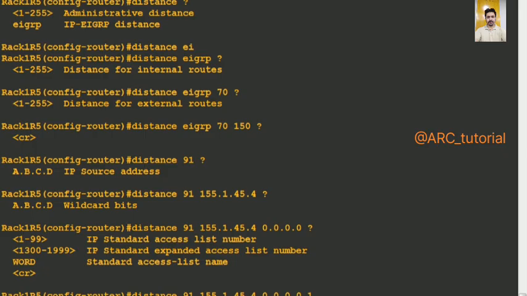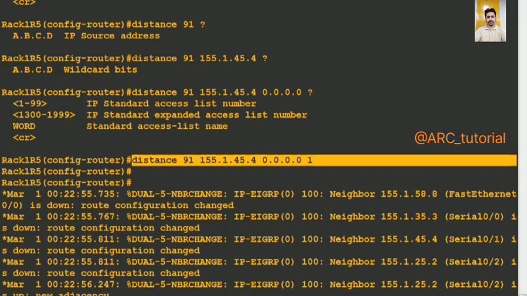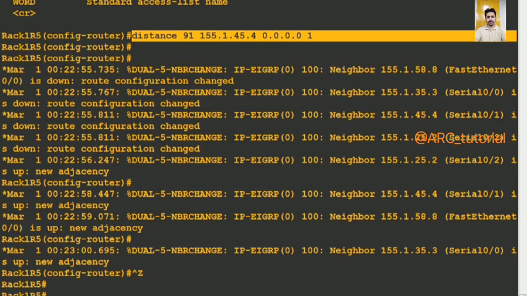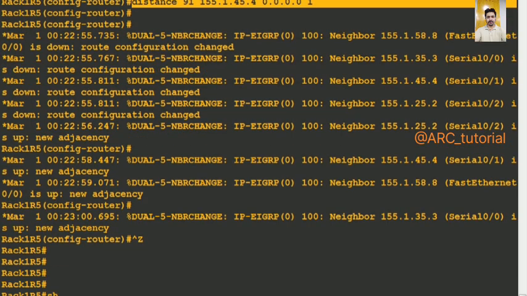So what will happen, what is the meaning of this command? It will configure its AD value as 91 whenever it receives prefixes from this particular neighbor which match with this ACL. So it will change its AD value only for those prefixes which are matching with this ACL. So now let me show you show IP route